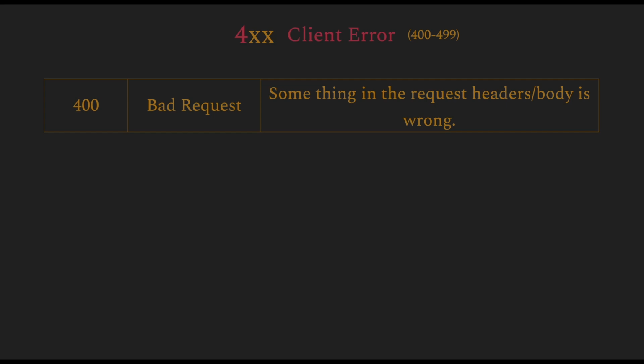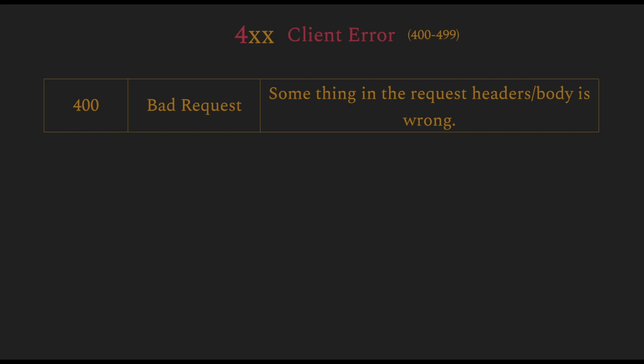4XX, or 400 to 499, is the client error, which means the client made some error while sending the request, and there are a few possibilities here. 400 just means that the request was bad, so the headers were wrong, the body was wrong, the request was malformatted, it was in the wrong format.